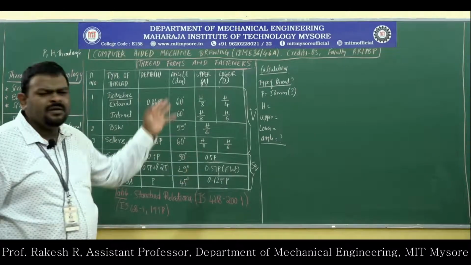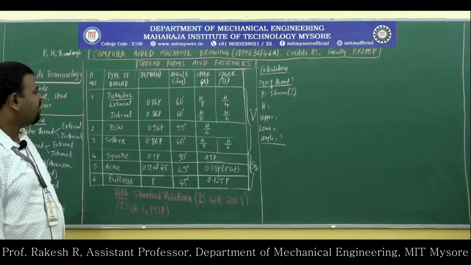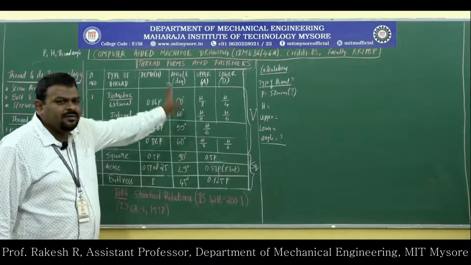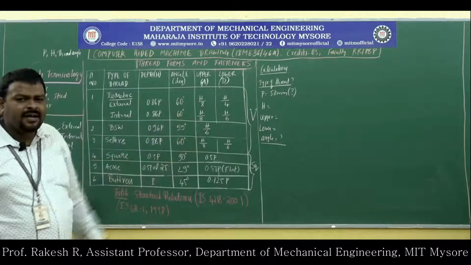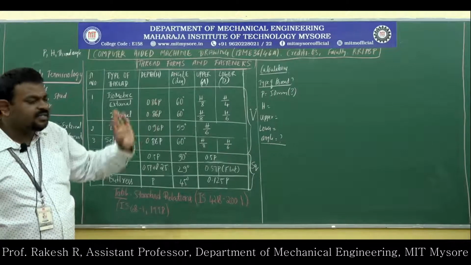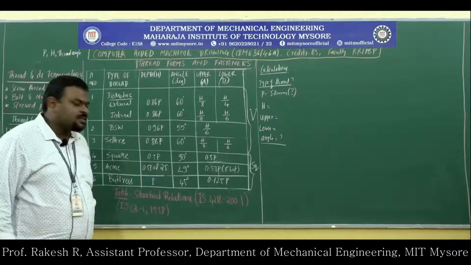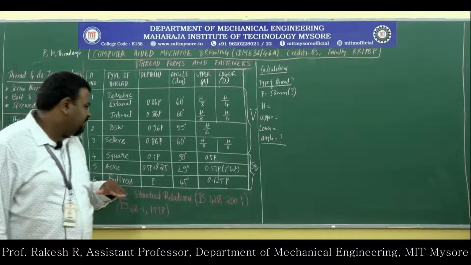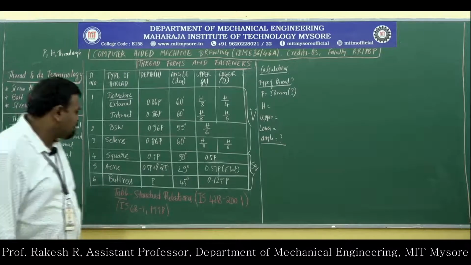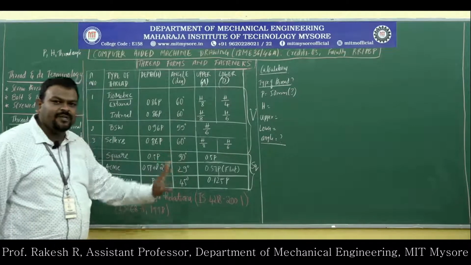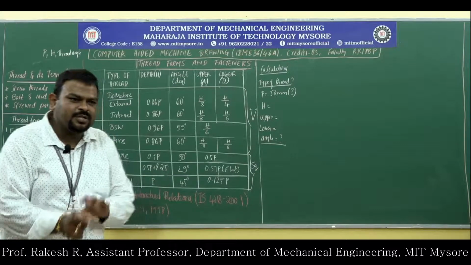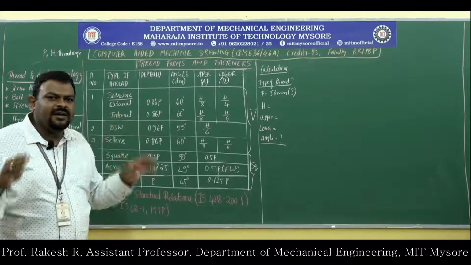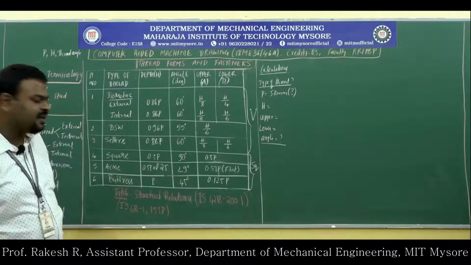So these are the different thread forms in your machine drawing. Always this table is essential. Initially if you read, you will get confused. Once you start writing the thread, it will be easy. Square threads are always easy. The angles are all 90 degree, 29 degree, 45 degree. You remember like this: 90, 90 by 2, 45 by 2. It is very easy to remember. Almost those angles will be for square thread, because it is just plotting a trapezium.